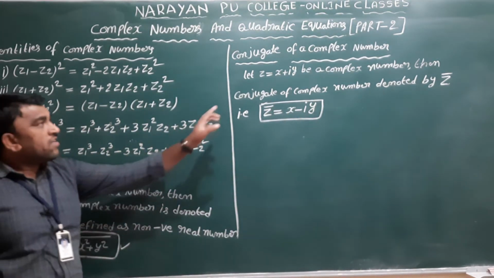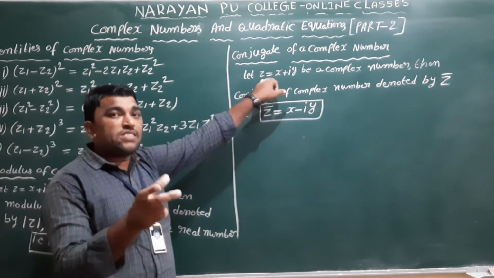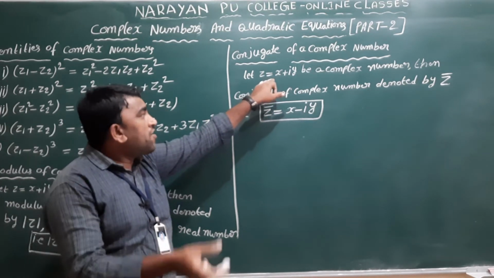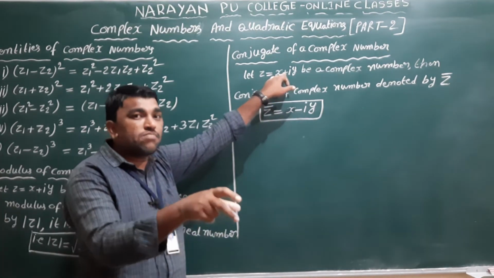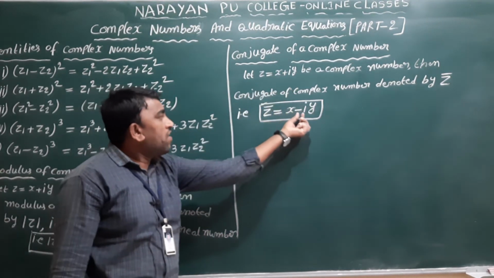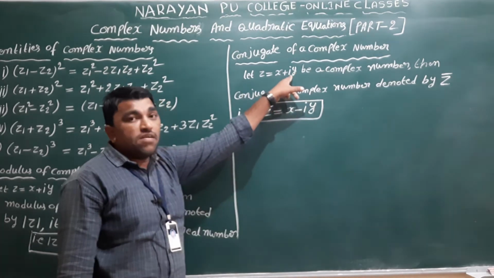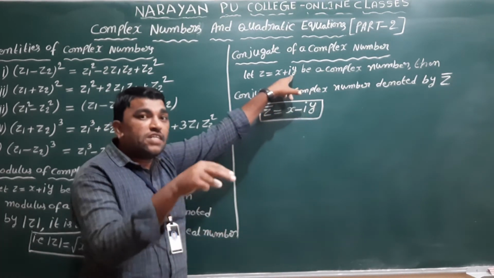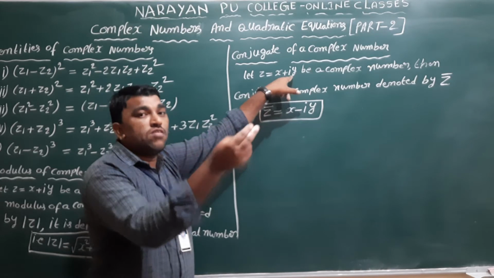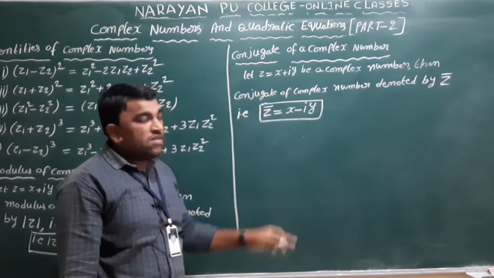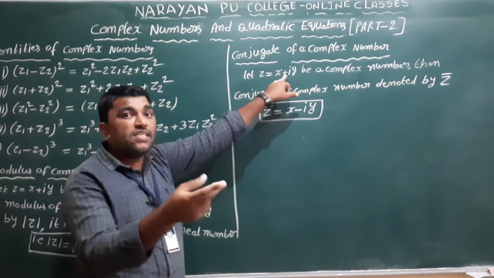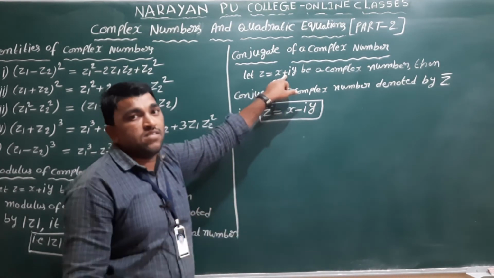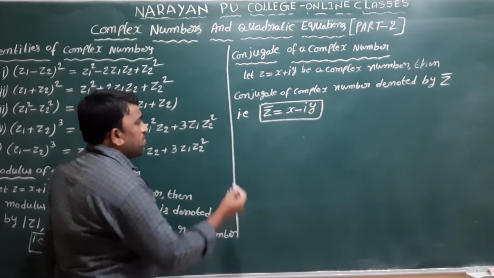So simple thing, the given complex number is x plus iy. So if we want to calculate the conjugate of that complex number is nothing but x minus iy. Simple one. In imaginary part, while taking the conjugate, if it is plus, it is converted into the minus, only imaginary part. Suppose given complex number imaginary part is minus, while taking the conjugate is converted into the plus. For example,